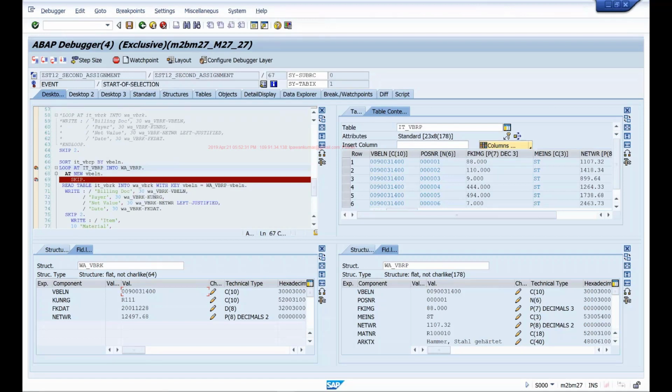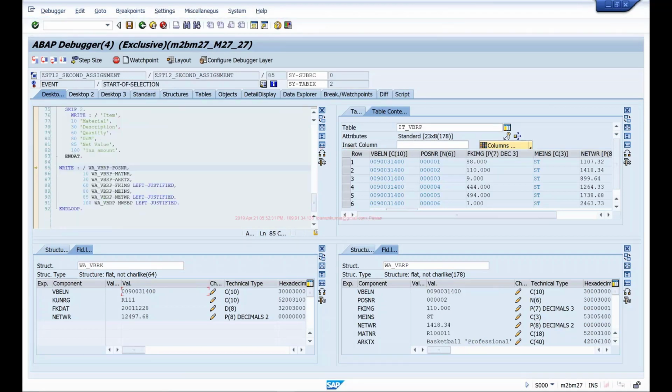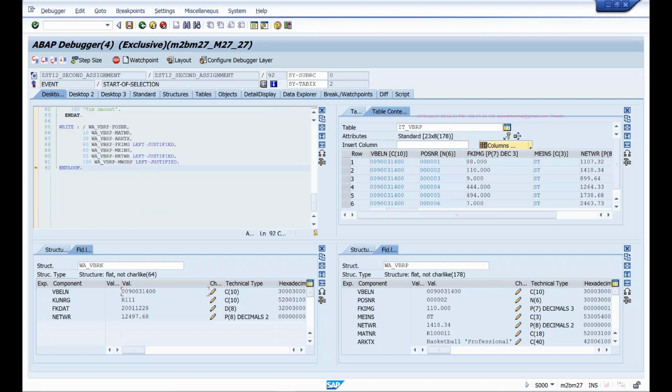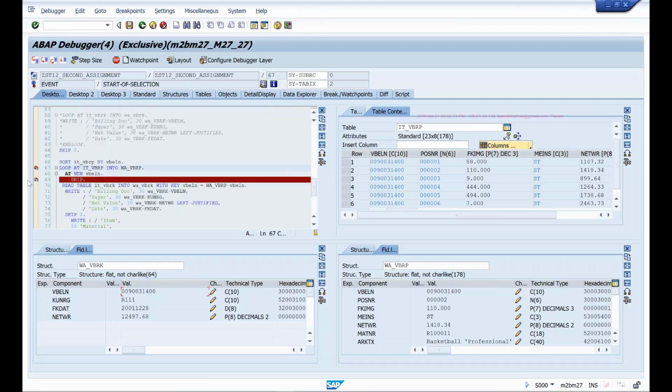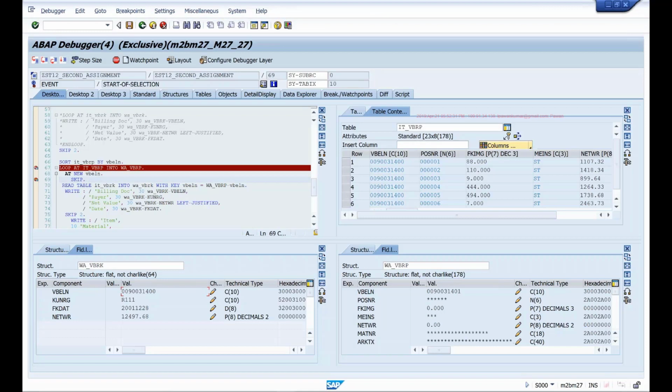Now, next document, since the document number is the same, the at new block is completely ignored. And then item details, right? So this has around 9 items. Either I can keep pressing F5 like this, or I have a breakpoint within this at block, so I'll press F8 and it will directly go to the next document. Now we have document 401 being processed, so the at new block is triggered.